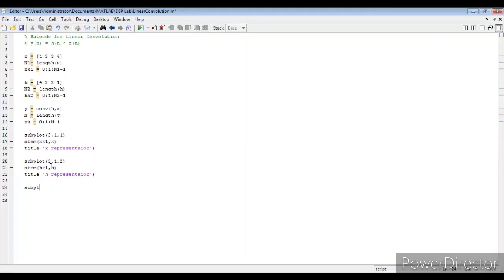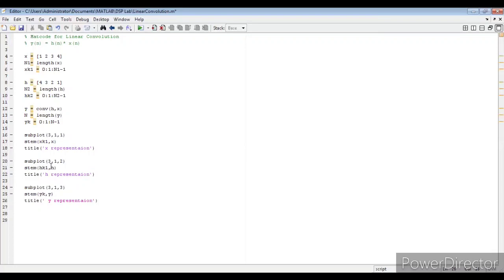Same way for y also, subplot, let us write it once again, subplot 3 comma 1 comma 3, 3 rows 1 column, figure number 3, stem is k comma y for displaying the result, that is the x-axis and y-axis. So the title for the final result is y representation